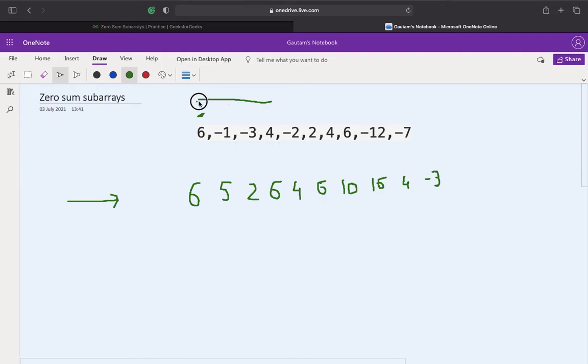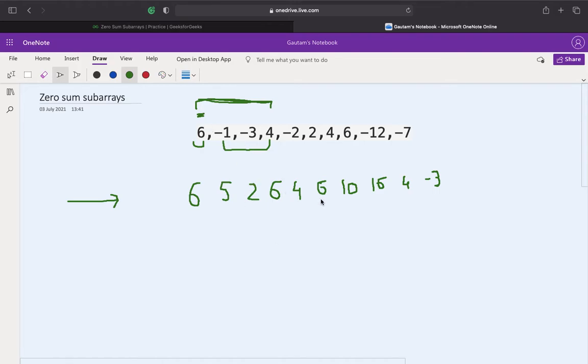So if this is 6 and this is also 6, then the part between must be 0, because 6 plus 0 is giving us 6. Yes, it is 0, because 1 minus 1 is 0. This helps us know that there is a subarray whose sum is equal to 0 in the original array, by finding the prefix sum.